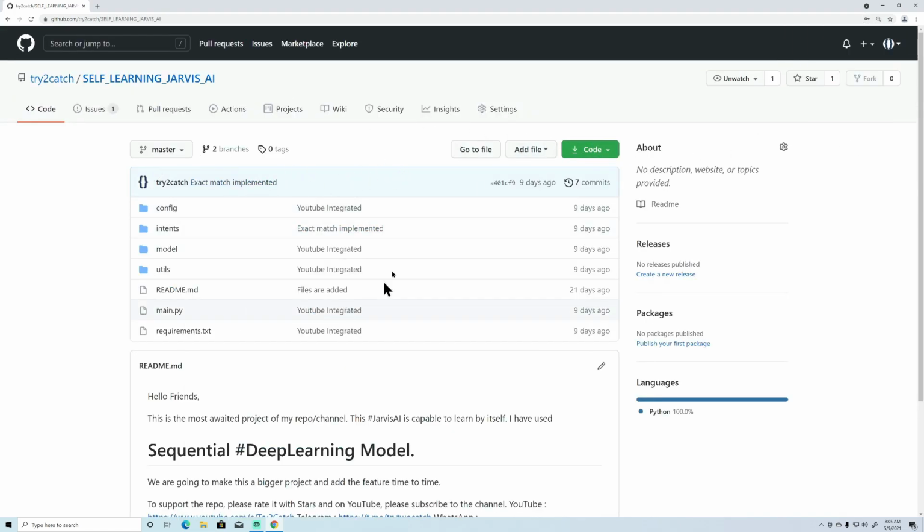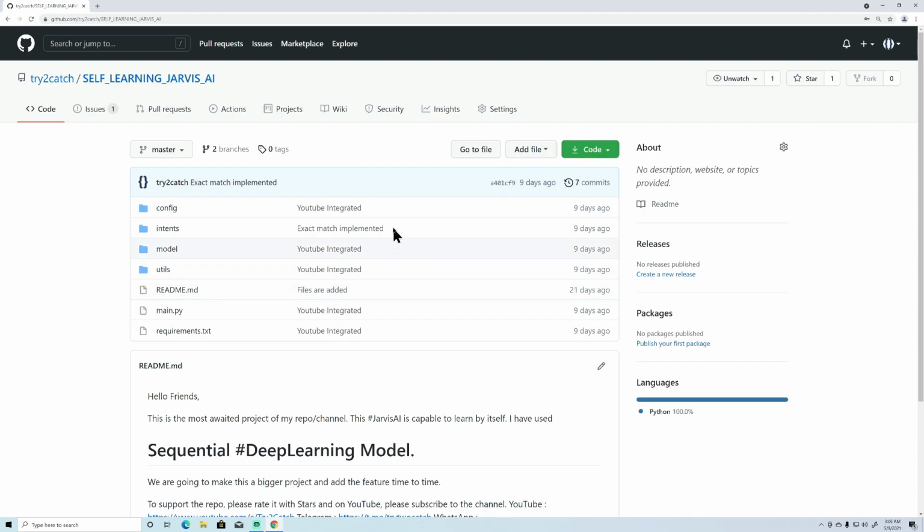So this is the repository, and one more request to you: please star this repository, so that everybody else also gets to know that this repository is beneficial and they can use it without any bug. But if you are getting any bug or anything which you are not able to execute on your PC or Mac, then you can just create an issue and I'll try to resolve it, right?